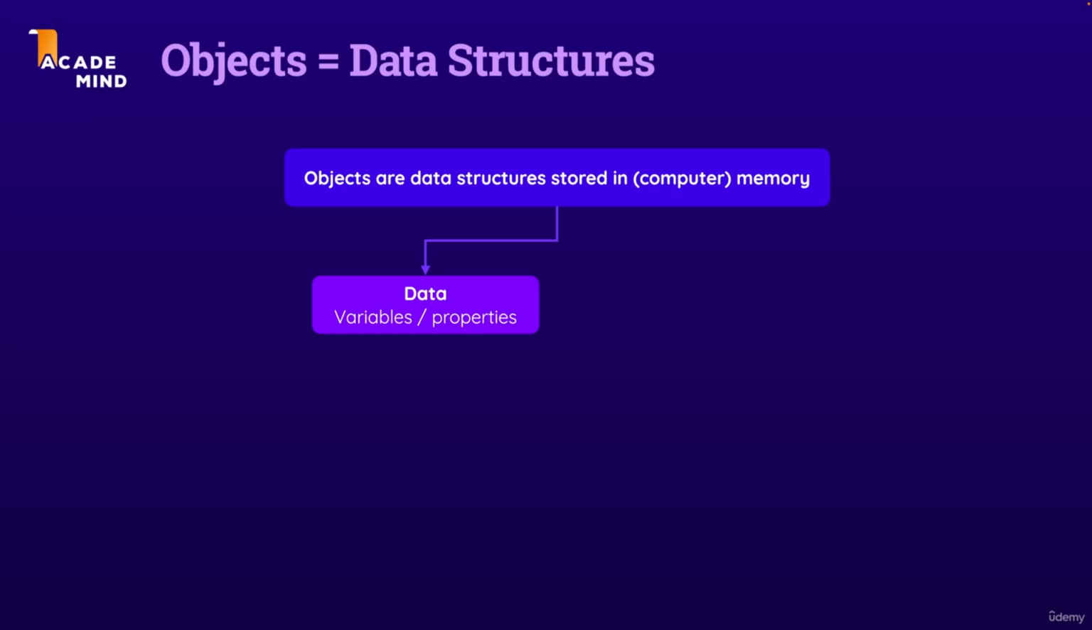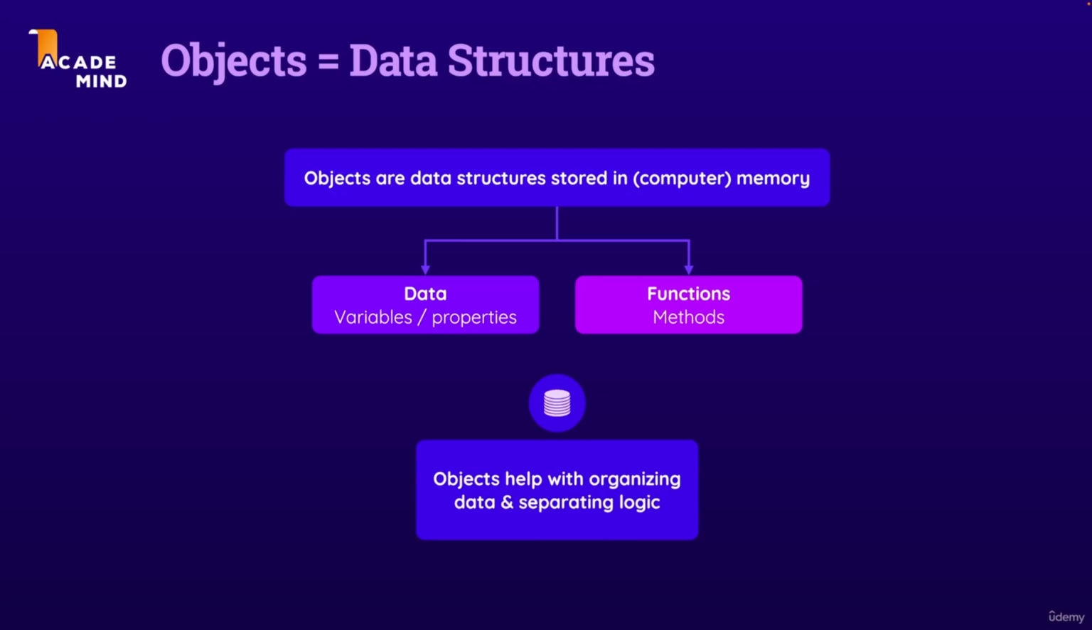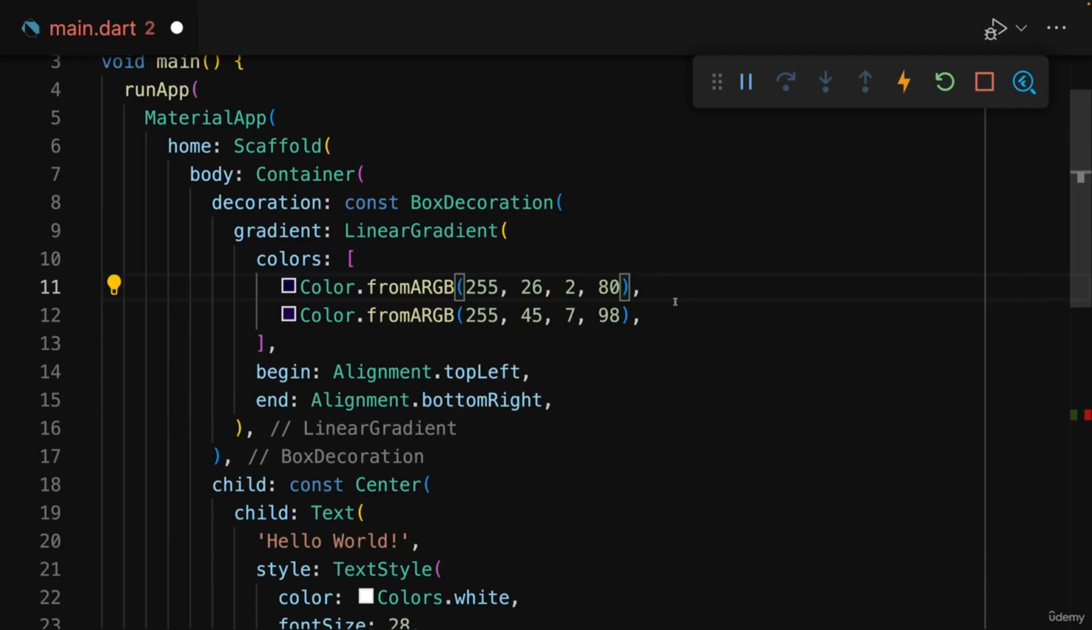But also logic, functions, or as it's typically called in the context of objects, so-called methods. So objects in the end are really all about organizing data and separating logic, so that logic that works with certain data is typically in the same object as that data and not in some other object or some other place in your code. For example, this color object here will contain the different color values for its red, green,